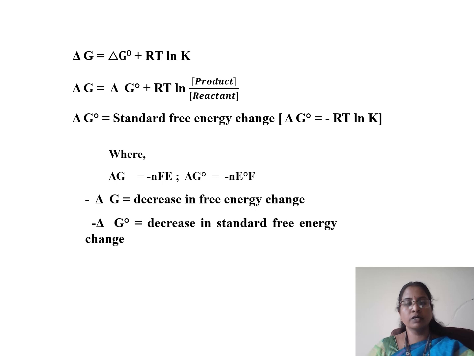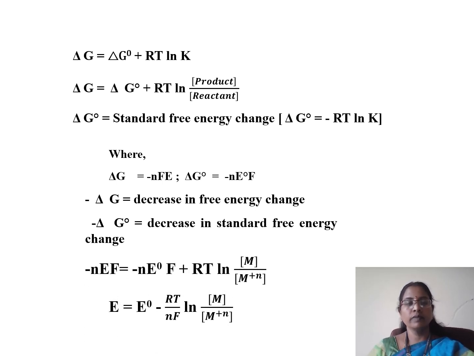Delta G naught equals minus N into E naught into F, where E naught is the standard electrode potential. By substituting the delta G naught and K values in this equation, we get minus N into E into F equals minus N into E naught into F plus RT ln K. Here K is equal to,